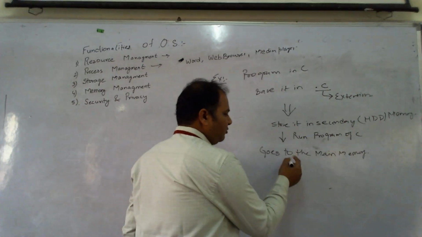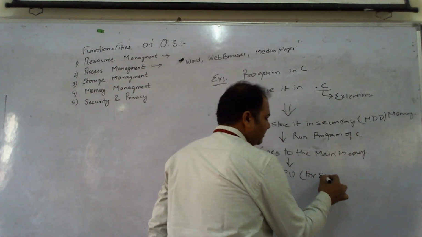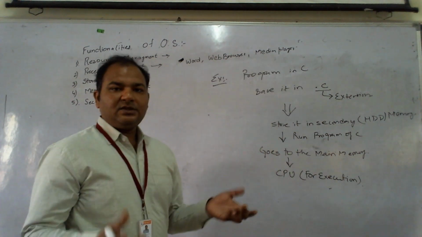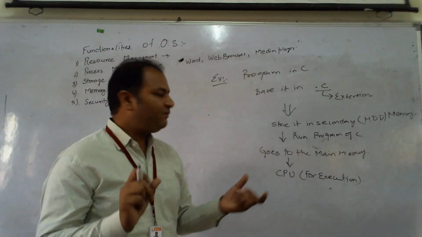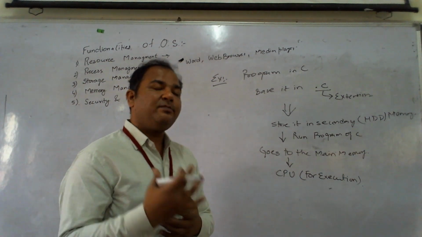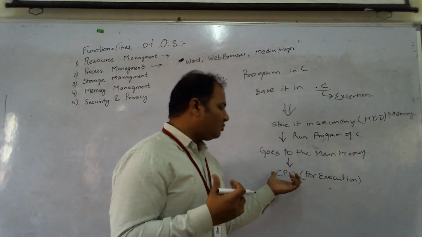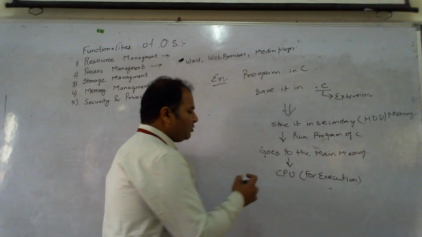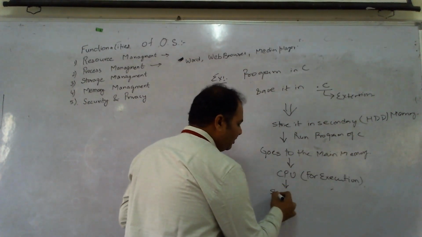Main memory will go to the CPU for execution purposes. If we compile the program, just like Control F9, it means the CPU is executing that file. So the charge goes to the CPU, which will execute that file, and then it is the whole responsibility of the CPU which scheduling algorithm